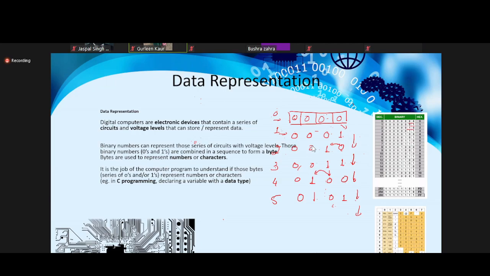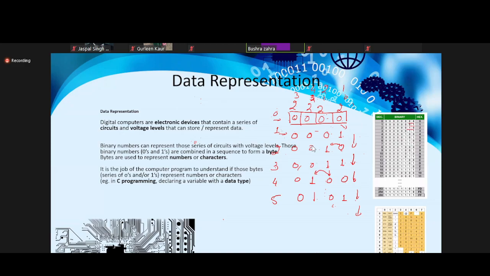All right. So a story is quite longer, but the main thought is the same, right? 0 1. So you look at this one, it's going to change after every bit. We say this bit has a bit weight of 2 raised to the power 0, this is 2 raised to the power 1, 2 raised to the power 2, and 2 raised to the power 3. Correct? So 2 raised to the power 0 is 1, 2,